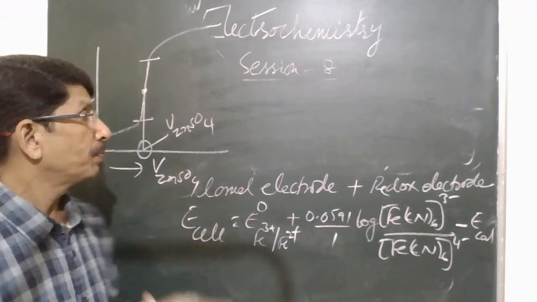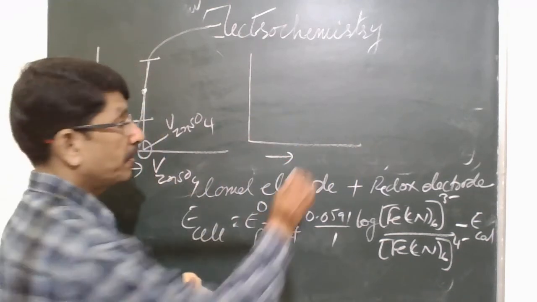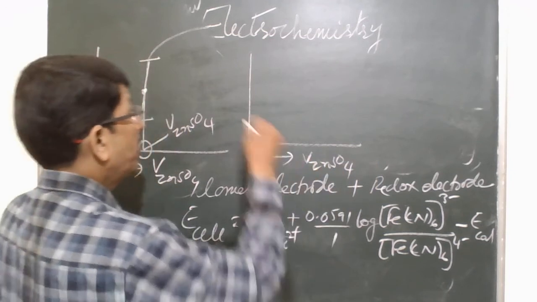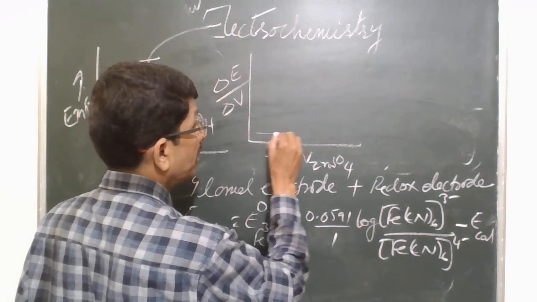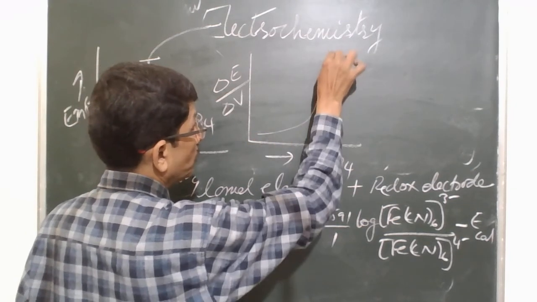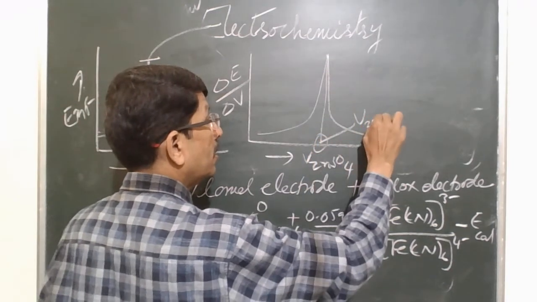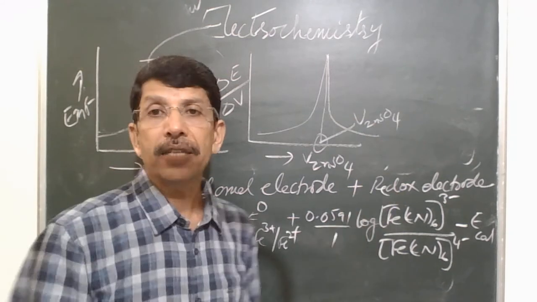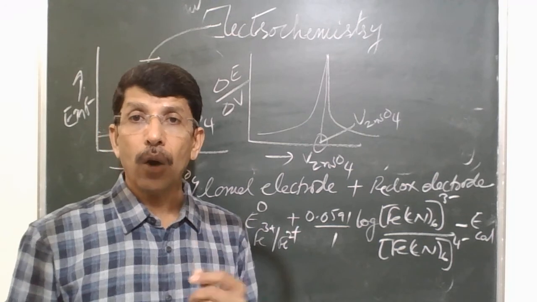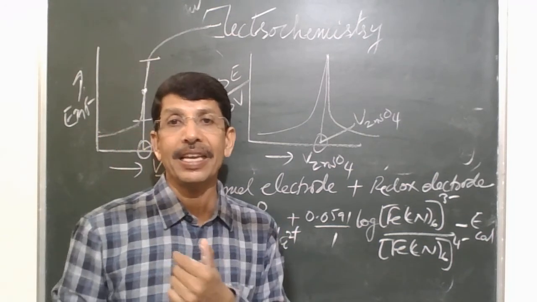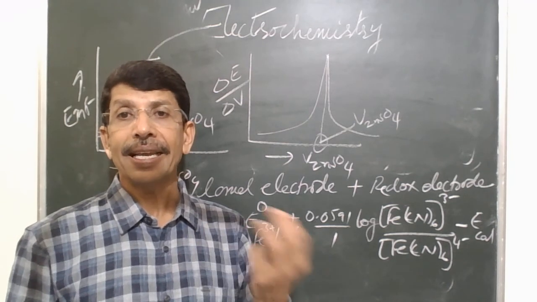in the beaker. And the correct value of volume of zinc sulfate can be obtained from the first derivative graph, that is volume versus delta E over delta V. For this first derivative graph, we get a graph of this fashion, and the volume corresponding to the peak will give you the volume of zinc sulfate consumed by 20 ml of potassium ferrocyanide. So this is how we can conveniently carry out complex titration of potassium ferrocyanide against zinc sulfate